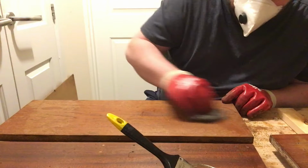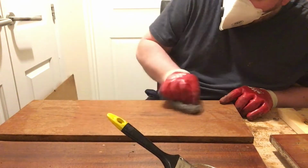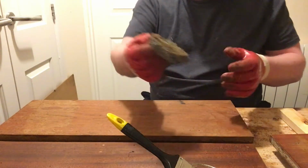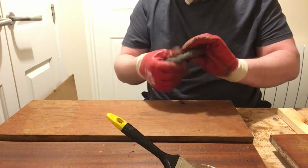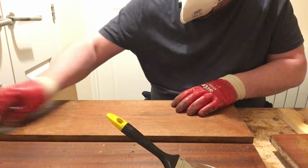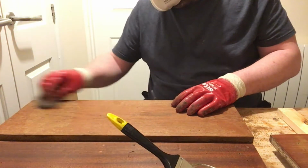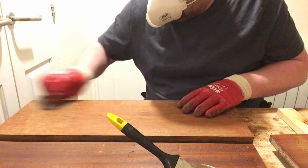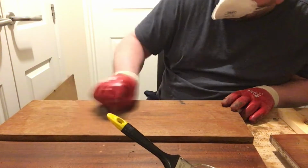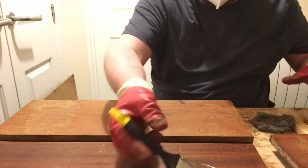And it is picking up a bit. Yeah, so we can see that it is picking up quite a bit, but I'm going to need to reapply. Now I can only guess that because this was the top shelf and it had taken quite a beating, its coating may be a little thinner, because this area here seemed to come up fairly easily, but